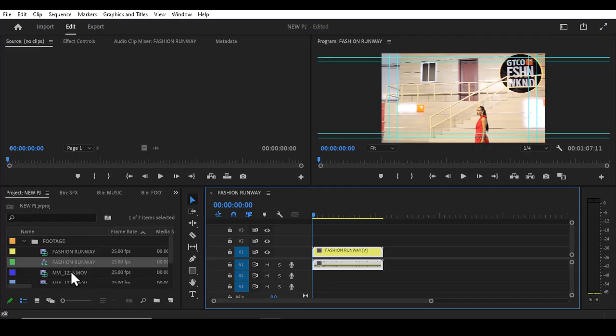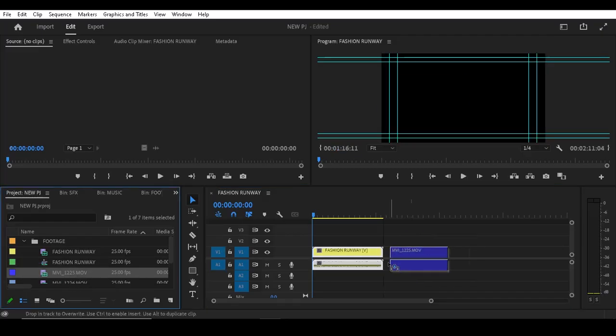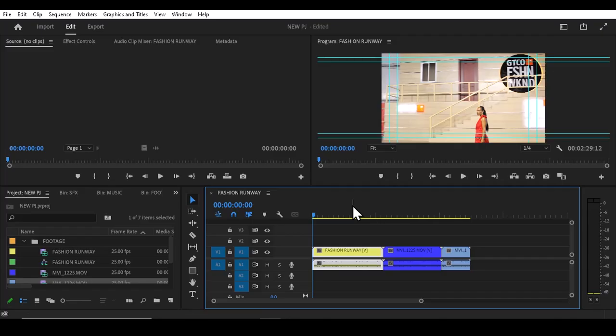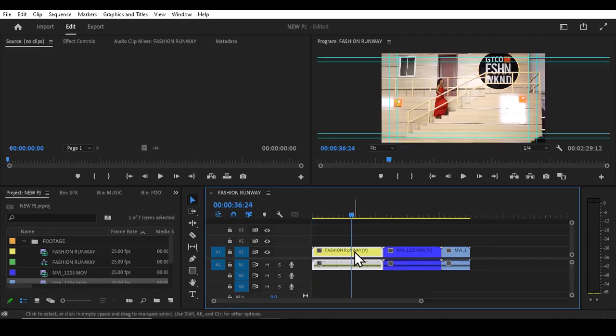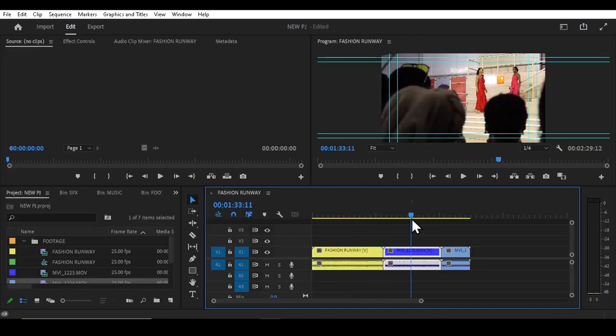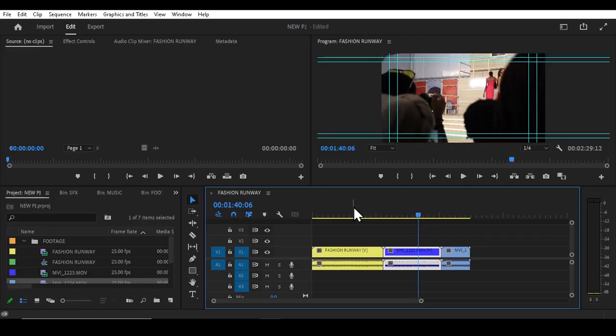So let's see, I have this. As you can see, the color label is what is showing me right now. The yellow label that is here is also what is here on the fashion runway. The blue label that is here is blue that is here. So you can see, automatically on your timeline, if you are looking for a clip, if you see yellow,